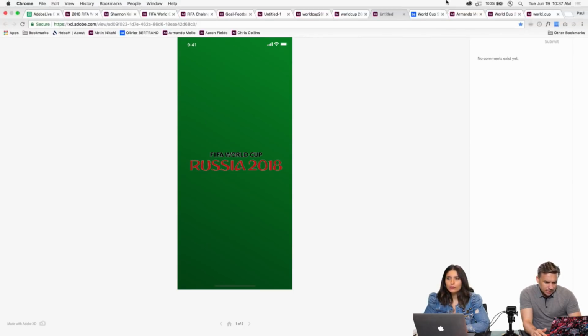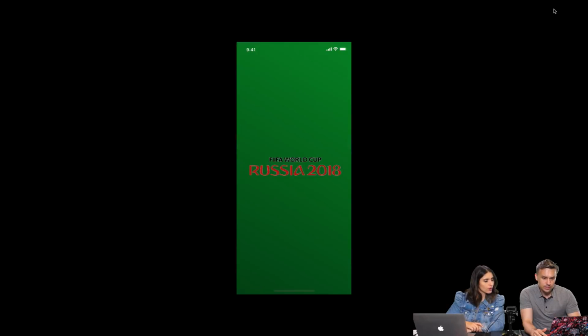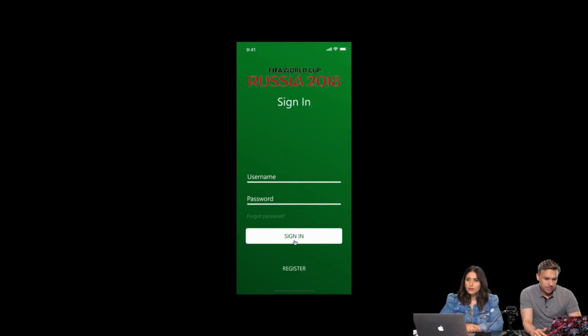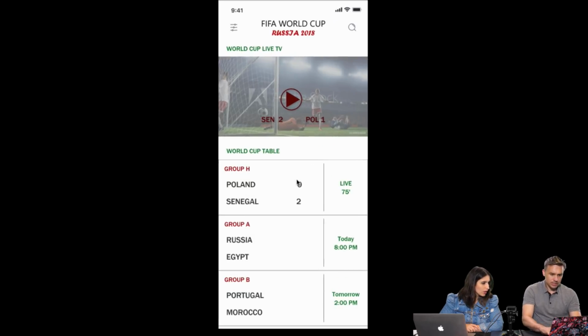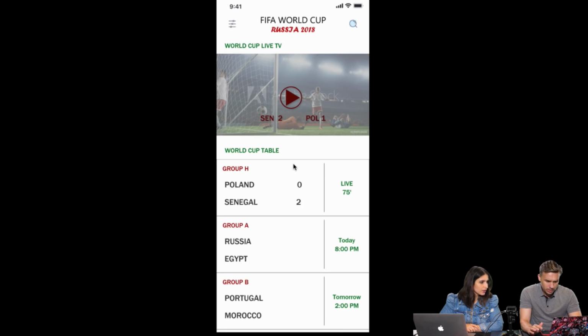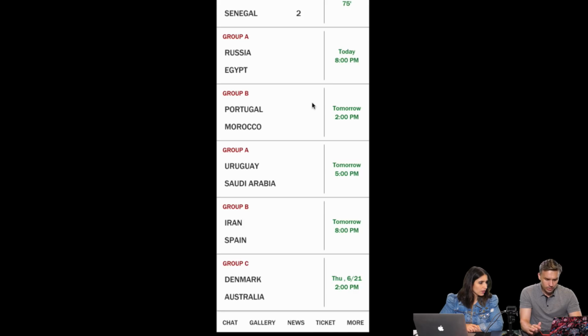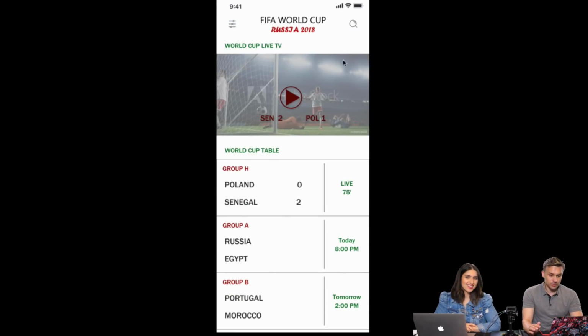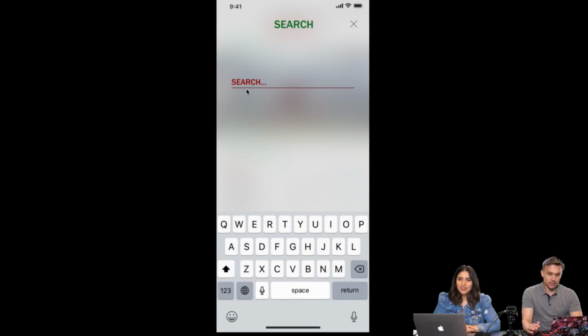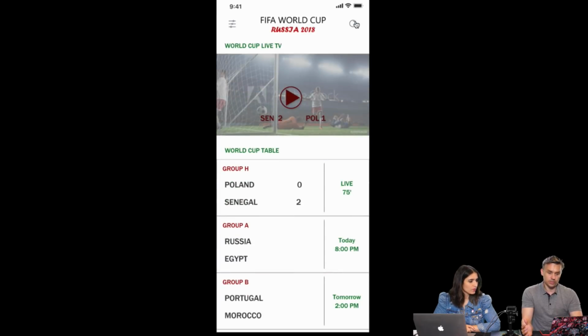Aptin, we have 5 screens here. Cool. Okay, World Cup. Sign in. You can see the current score and play a video. We can do a search. Let's see if we can scroll. Yep, we can scroll. Oh, by the way, you can pin it if you want to. Super exciting. Do a search right there. This could be an overlay of a keyboard as well. Just a couple of features.